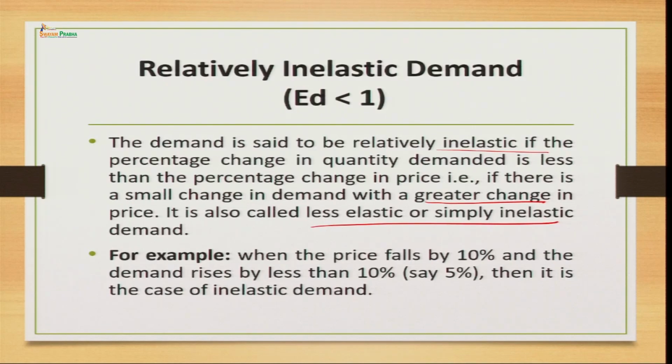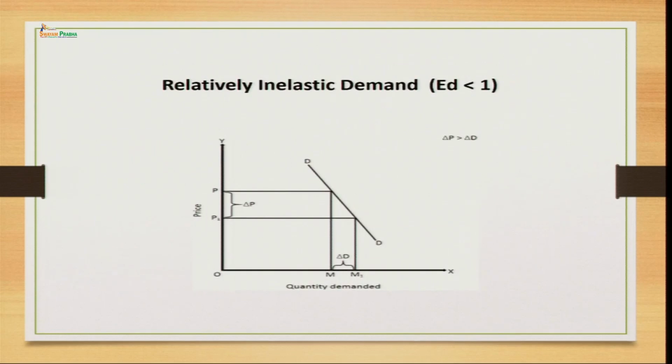So, again we are seeing here when the price falls by 10%, but the demand rises only by say 5%, then it is a case of relatively inelastic demand, and here is how we represent this relatively inelastic demand. More change in the price causes lesser change in the demand. The percentage change in the demand is lesser than the change in the price, and usually this happens in the case of items of addiction, right. People who are addicted to certain items, even if the price of those commodities increases, their demand does not decrease much. So, these are the different degrees of price elasticity we have talked about.